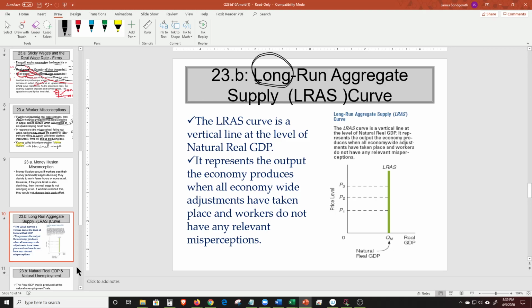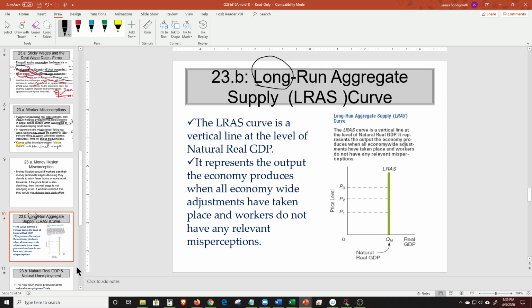Now we go to the long-run aggregate supply curve. And the long-run aggregate supply curve represents, read this very closely, the output, in other words, the real GDP the economy produces when all economy-wide adjustments, that is in real wages and nominal wages, no more sticky wages, no more misperceptions, have taken place and workers do not have any relevant misperceptions. And if that's the case, we get this vertical aggregate supply curve, which I